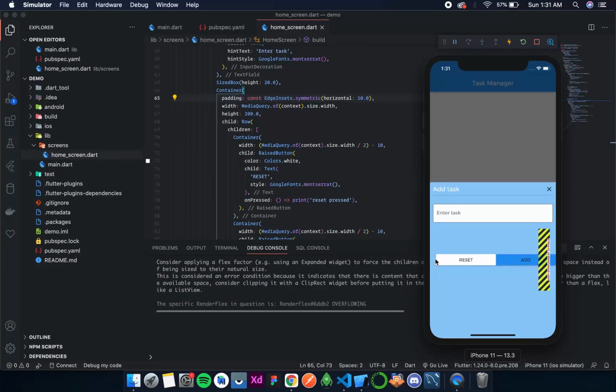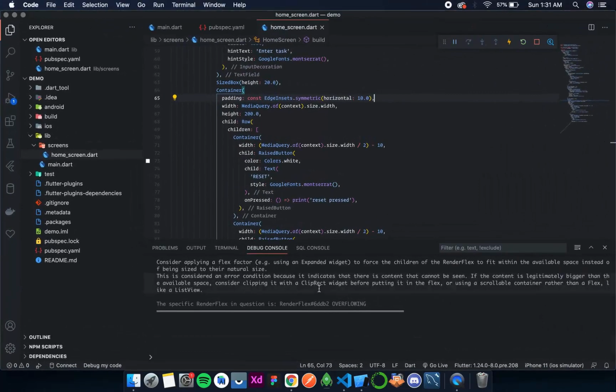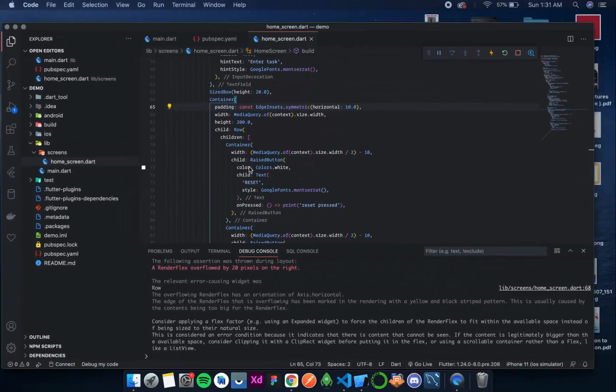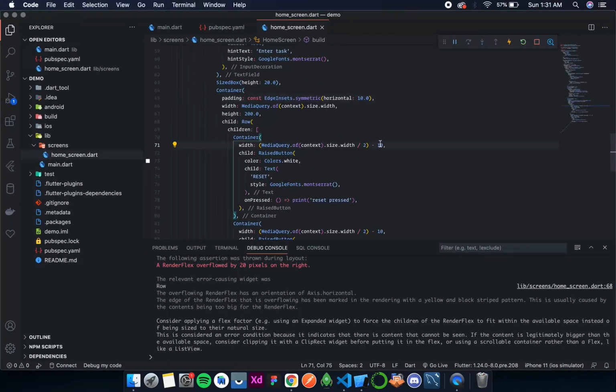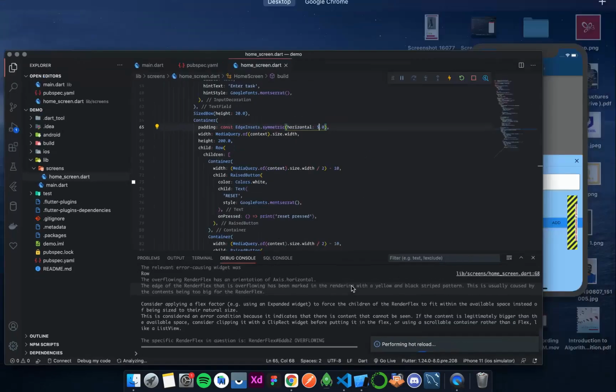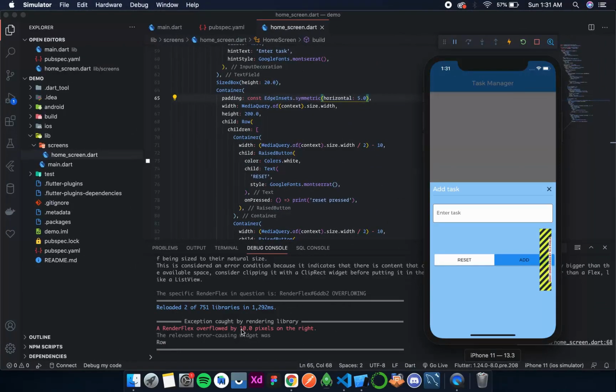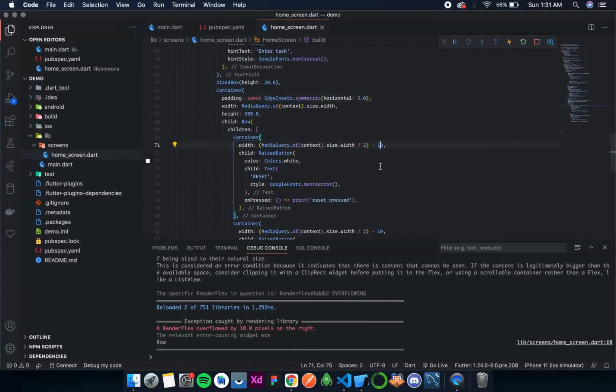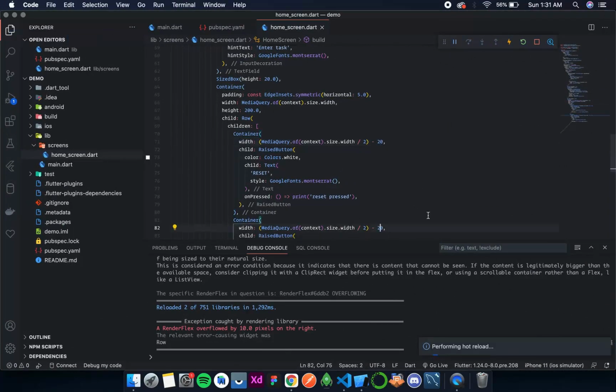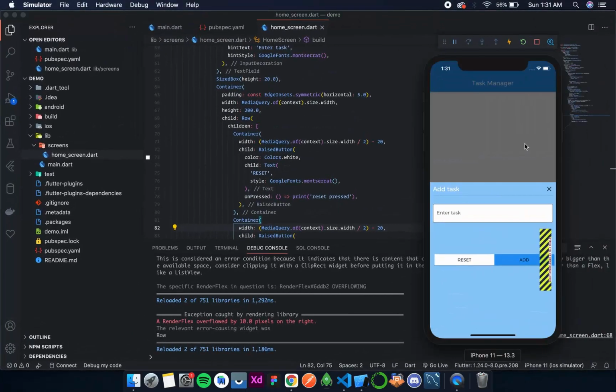And yes, it does. So the size of these buttons are apparently big, and they are big by 20 pixels as I guessed. My calculation was a little bit wrong. This should be 5. Okay, and now let's see. So still the error is there, but it has reduced. So better we make it 20 for both. Save, and then this is fine.